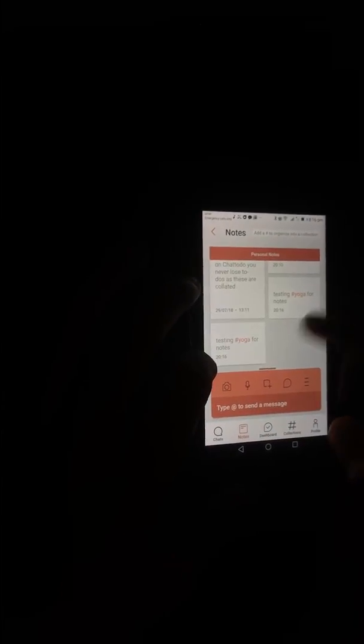Let's add something here. Okay, note saved. Here is the note, testing yoga for notes. We created a personal copy. This was a copy that was created.